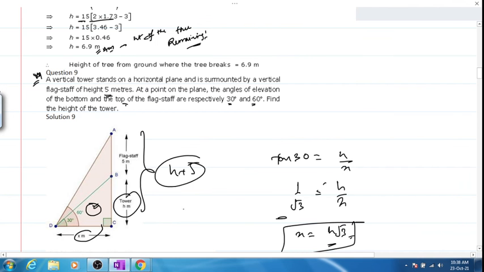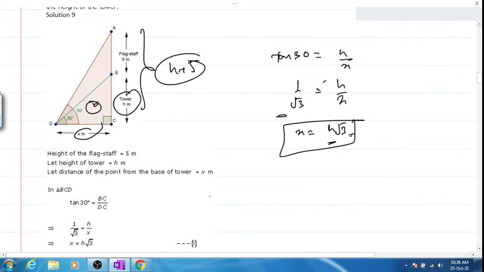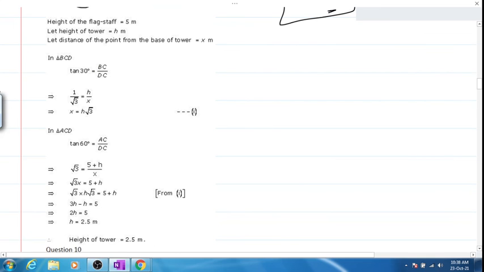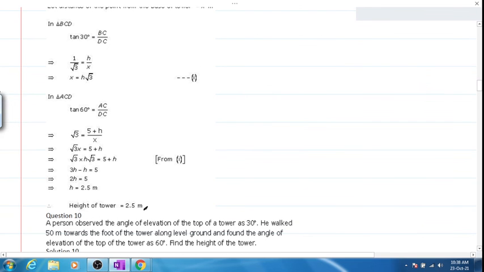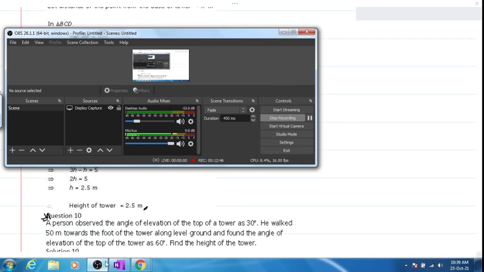Answer is 2.5, Shobhajit Sarkar, let's see. Excellent, Shobhajit. Now there is a second question. Next question for you all. I'm pausing the video. People who are done with this, very good. Who are not done with this, kindly start copying this. And question number 10 is waiting for you all.